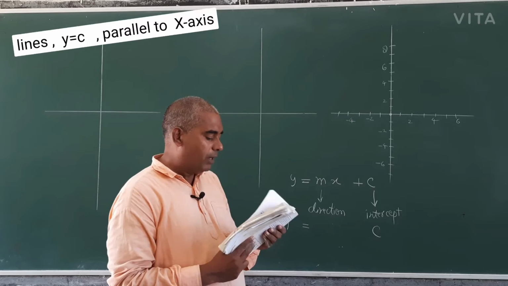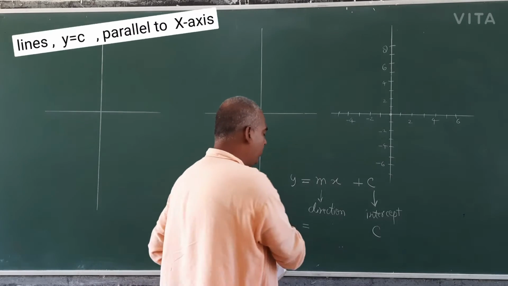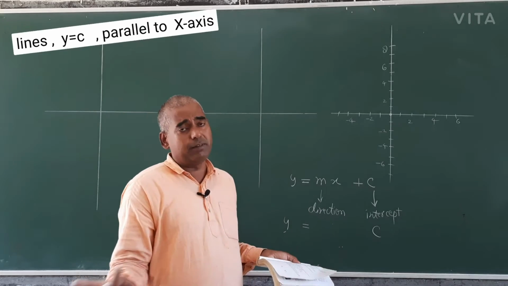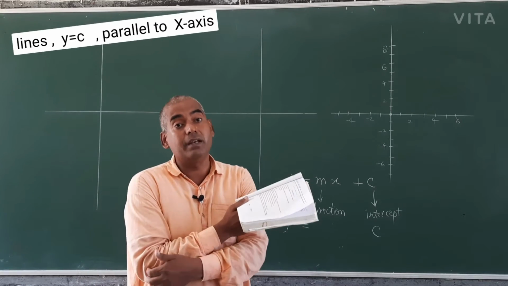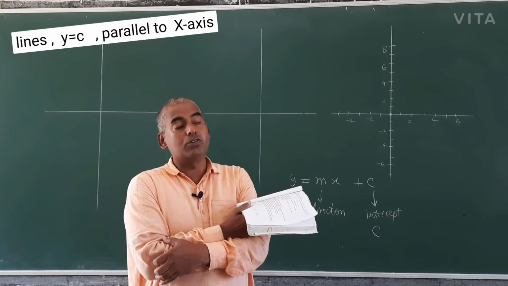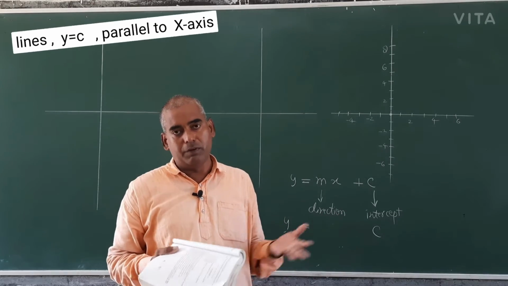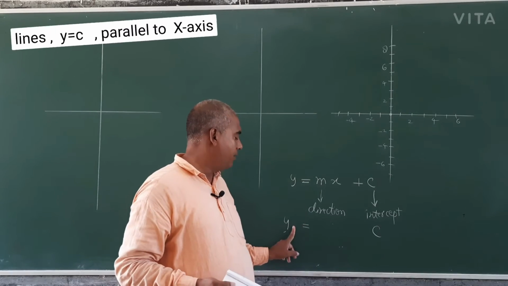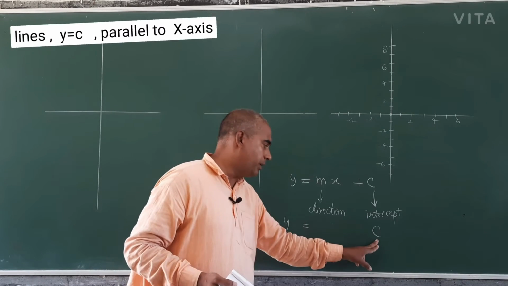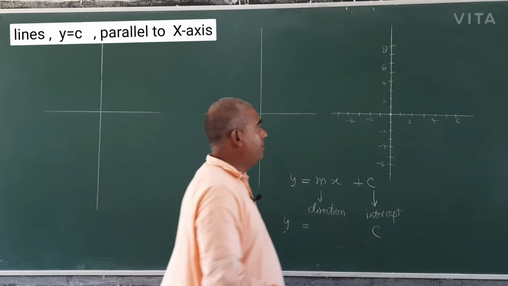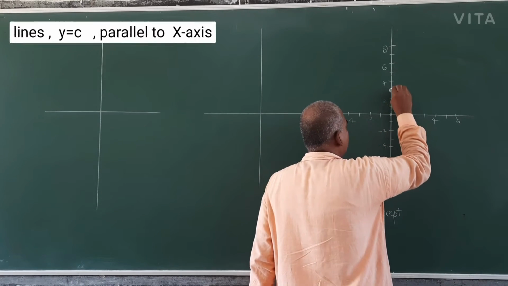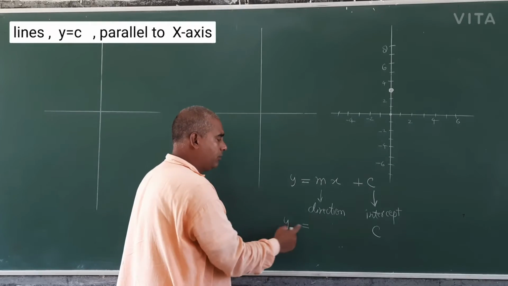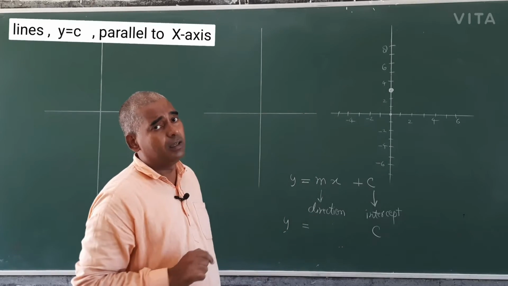So in one variable, y is equal to 3 means 1 point. One variable, y is 3, the value of y may be the cost of a pen. Cost of a pen is 3 rupees. So the information is over. No algebra, no variable, only one variable. Cost of a pen is equal to 3 rupees. So at that time, this will be the point, your answer, y is equal to 3. This is the one variable.